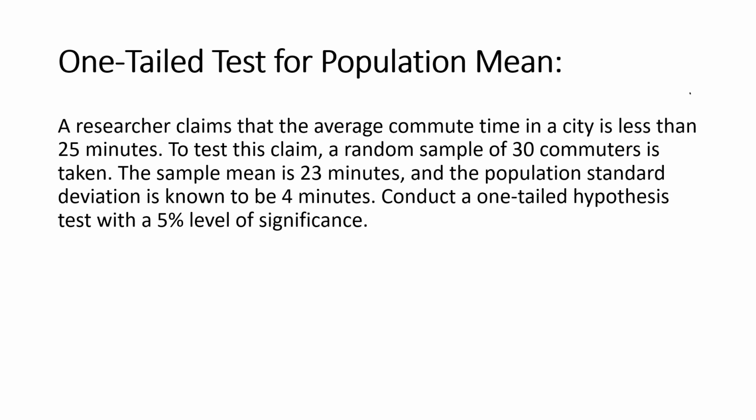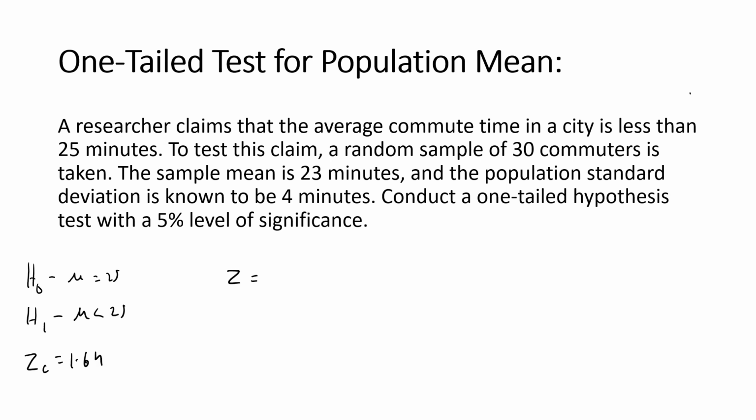We start off with H naught being mu equals 25, the true average commute time is 25. And the alternative hypothesis being mu is less than 25 minutes. The reason we can do a z-test in a normal distribution is that the true standard deviation sigma is known, and the sample size is greater than 20. If that wasn't the case, then we would be doing a t-test. We get our critical value, which is 1.64, and then we get our z value,